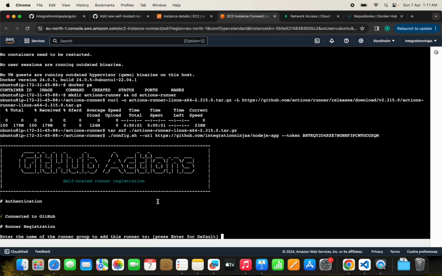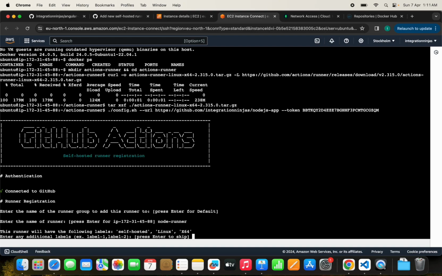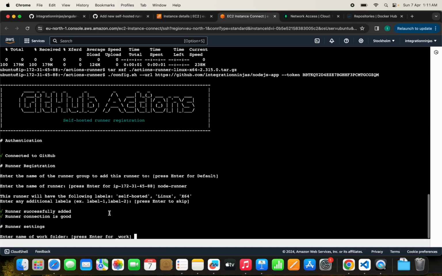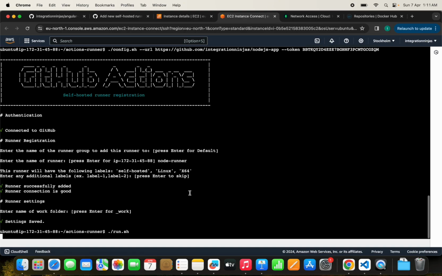We'll keep the default group, and we can name the runner node runner, and for the additional label, I will skip this part. So we can see the runner is successfully added. The name of the work folder is by default _work. So enter. That's it. And now we can just run ./run.sh